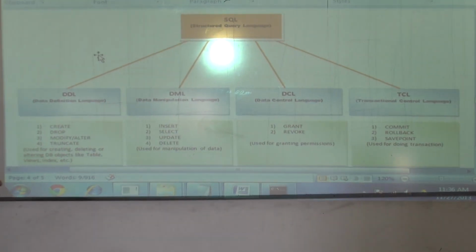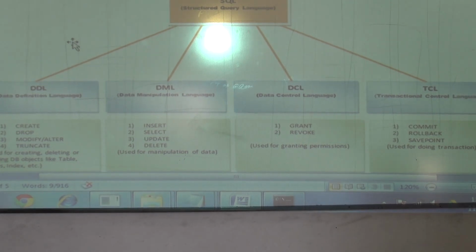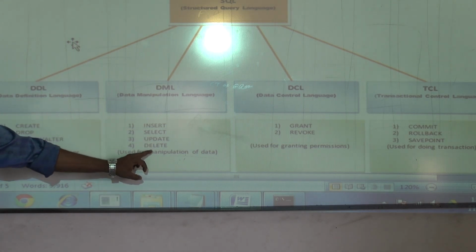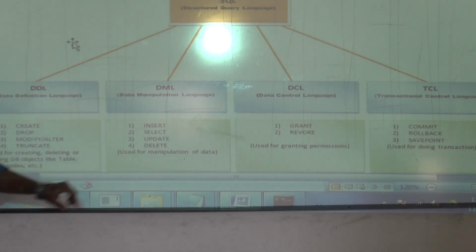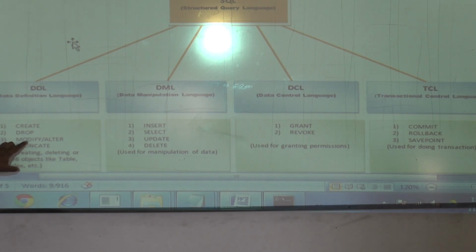Which are the different queries you type? Insert, select, update, delete. I also used create, modify, alter. So all your SQL queries will be classified into 4 categories.